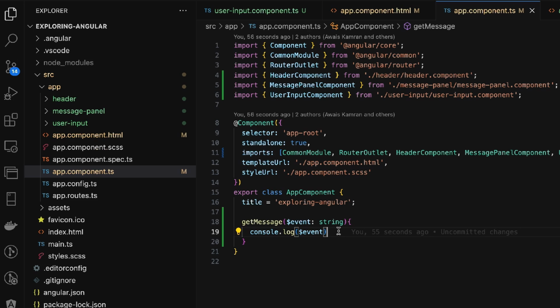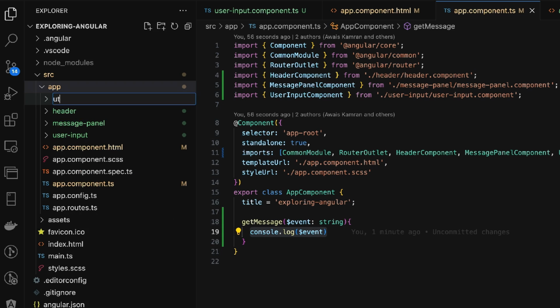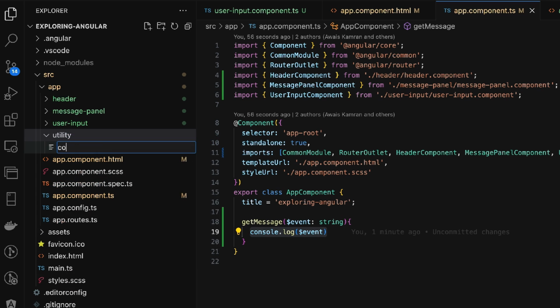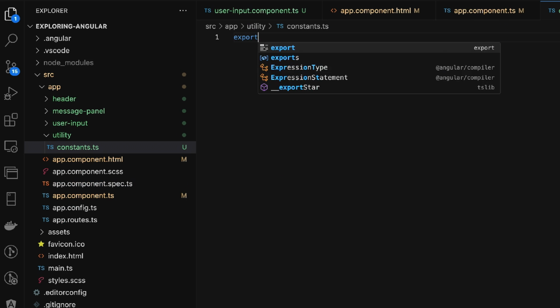Next, we need to form an object around this string, since this is a user message, but we do need some other stuff like who's sending the message or when was the message sent. So we need date time, we need the sender, and obviously we need the message. So I believe the best way to do it is to create a utility folder, and within the utility folder we can create our constants file, constants.ts, and export